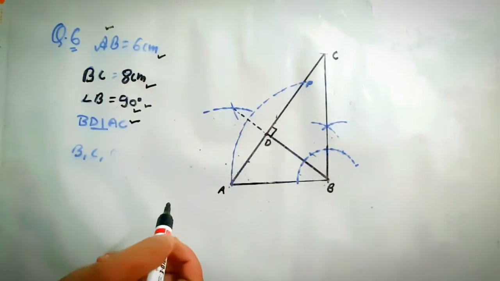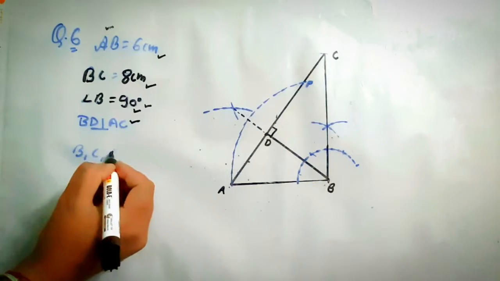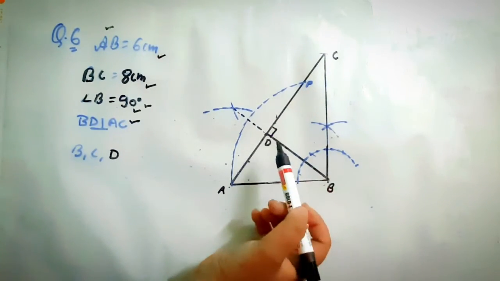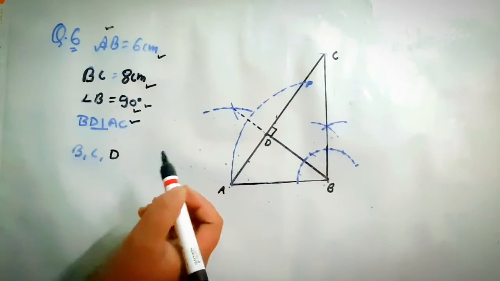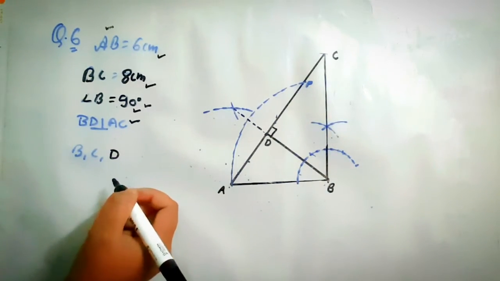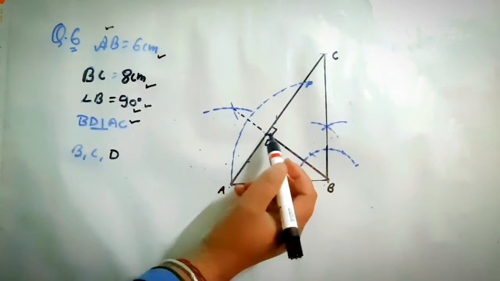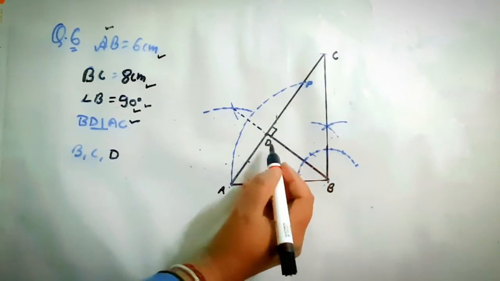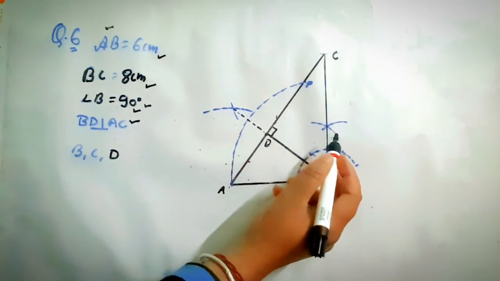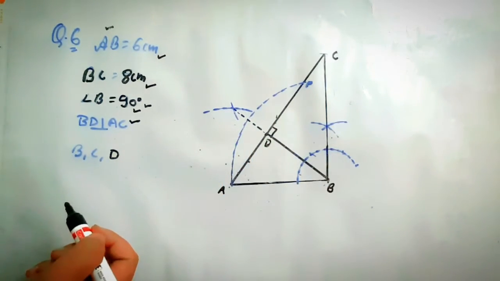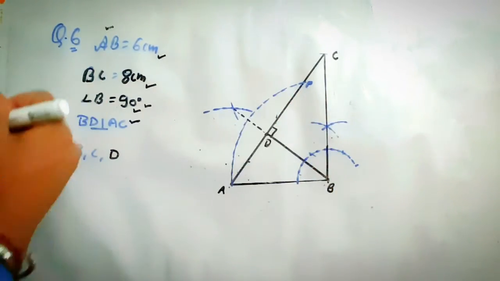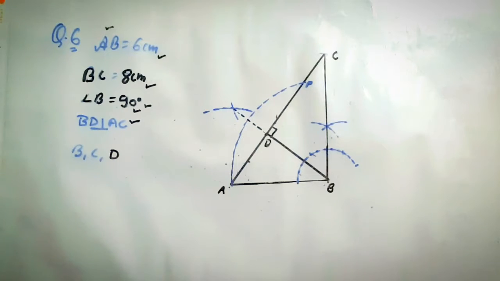Then we have to draw a circle passing through B, C, D. Means we need to find a point which is equidistant, or you can call it the circumcenter. So you know that in a right angle triangle, the circumcenter is the midpoint of the hypotenuse. If angle D is 90 degrees, then its opposite side will be the hypotenuse. Means for triangle BDC, BC is the hypotenuse. So we have to find the midpoint of BC.